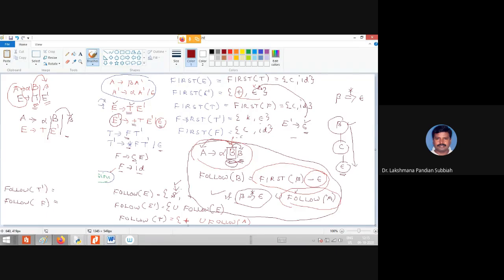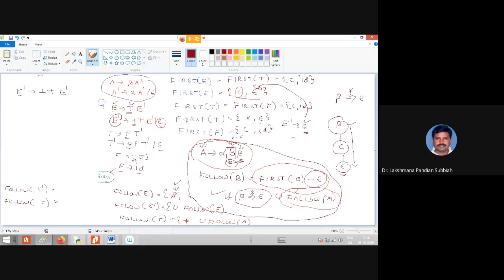Now we have to go for another production rule. So here you have to consider the next production rule with a non-terminal on the right hand side. The next one is E dash derives plus T E dash.